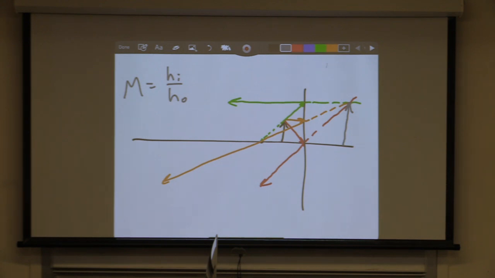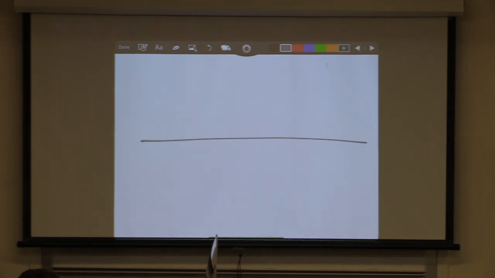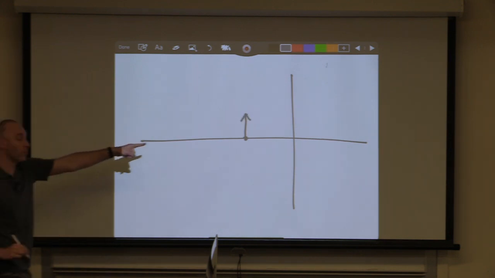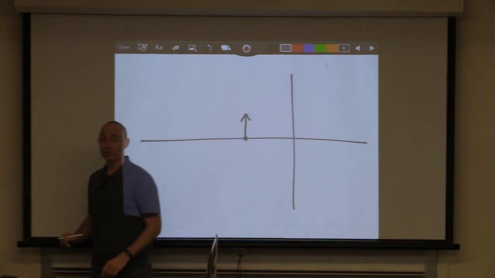Cassie, do you have a thought? Let's try it. Let's find out. Let's see what happens when I have my mirror. She said it, but it was too quiet, so it doesn't count. Okay. Let's put the object at the focal point, and let's see what happens.